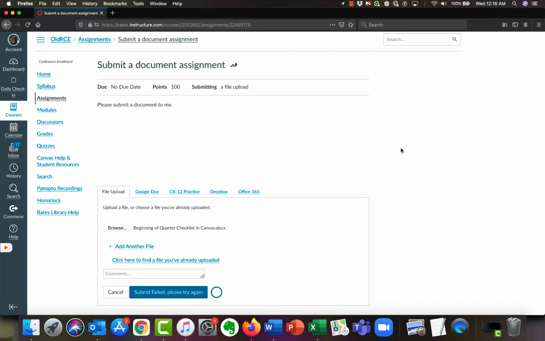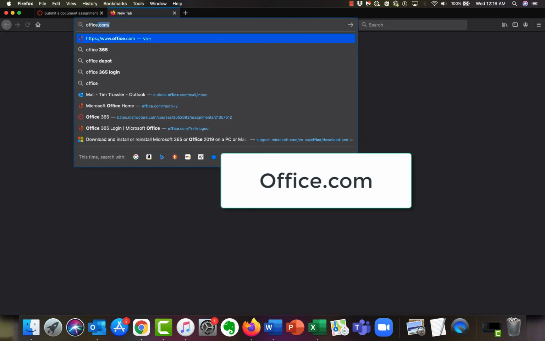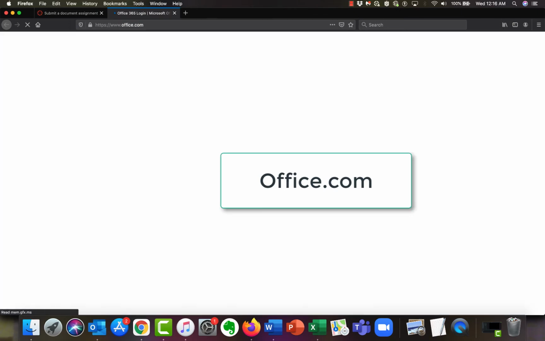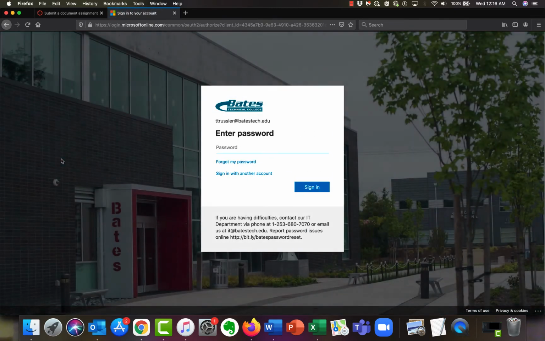You can either do it beforehand, or if you get here and you run into this problem, you can do it now. But one way or another, open up another tab and go to Office.com. Okay, and you may not be aware of it, but every staff and student at Bates has access to Microsoft Office. You have a fully functional, both online and desktop version of Office. So if you go to Office.com and then click on Sign In,